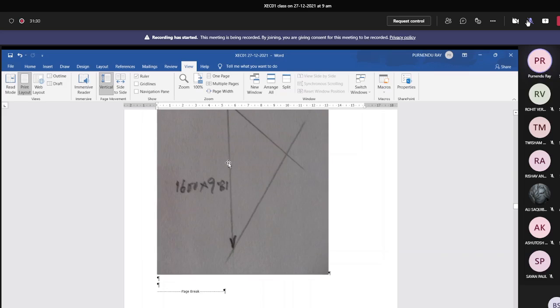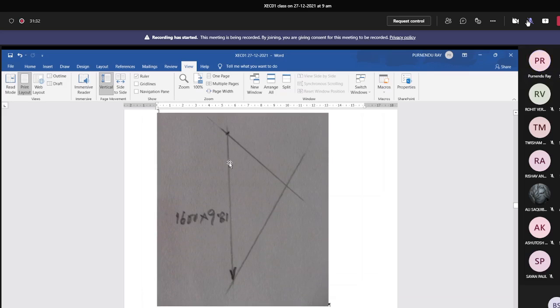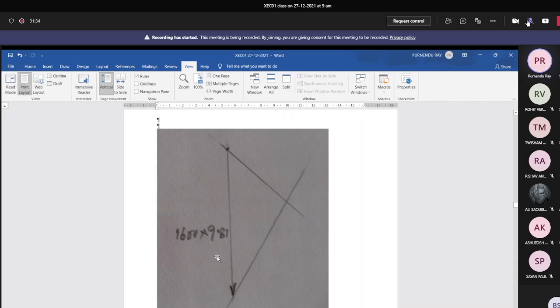We don't need to remember any formula. And if those are properly done with a suitable scale, suppose 1 centimeter equals 1 kilonewton or something like that, then simply measure this length in scale from this point to this point of intersection. Then you simply multiply with that scale ratio, and you get the magnitude for SCB.